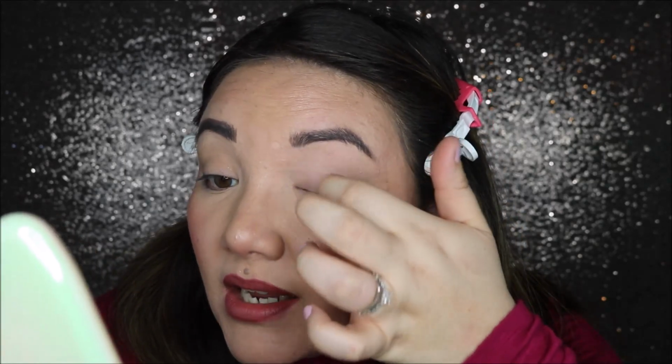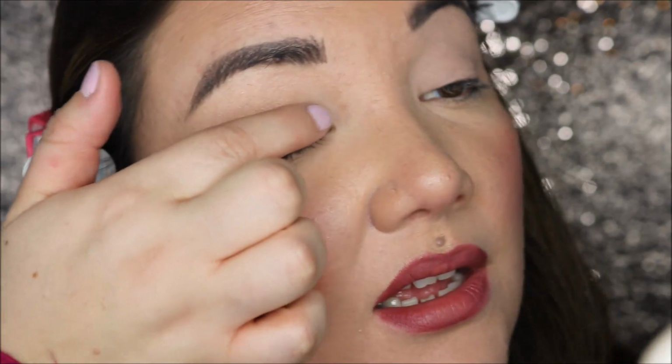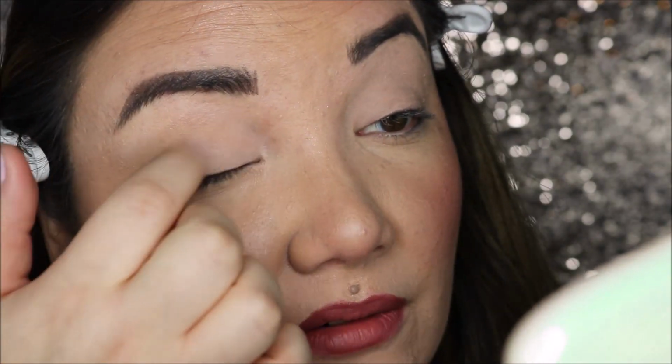I don't know. This color I think is very pretty. It almost reminds me of MAC Painterly Paint Pot, which is the one that I have. It does seem to be drying down a little bit. I'm really curious to see how this works. So they also have white too, so I might need to pick up a few of these. It's not completely getting rid of the color underneath my eyelid, but it is supplying kind of a good color